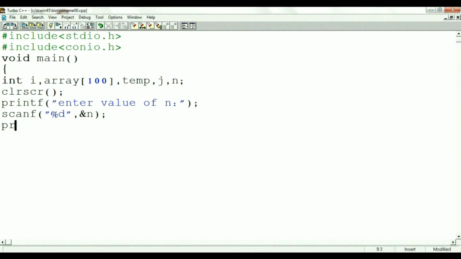Then printf within the double quotation, "enter any %d number in array \n". Closing of the double quotation, n. This printf statement is used for displaying n value in the array.